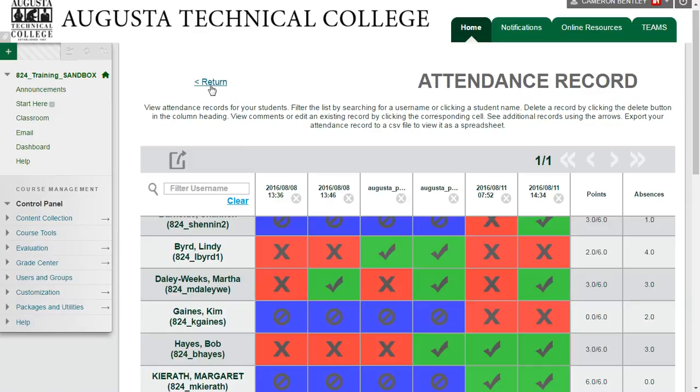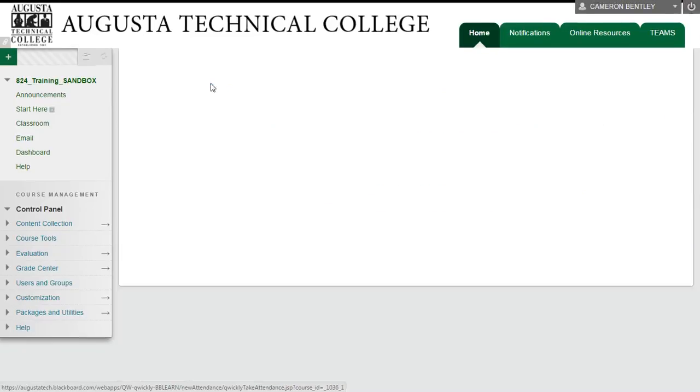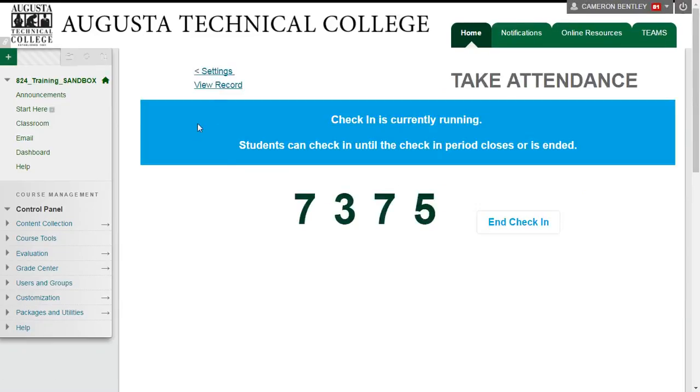For students to check themselves in, this is the screen that automatically comes up. When I have that checked, students get a pin to check themselves in. When I click on Qwickly Attendance, this is the screen that it goes to. So I need to give students this number,